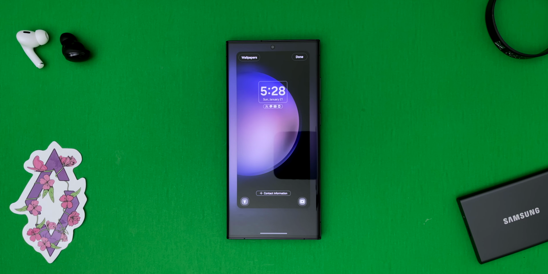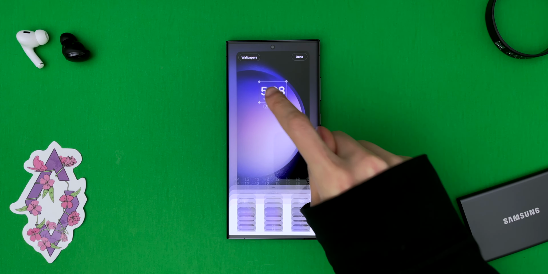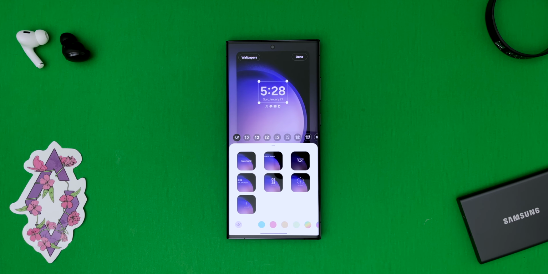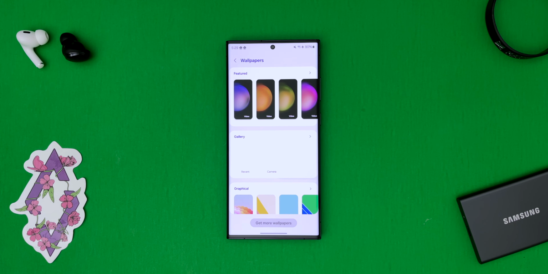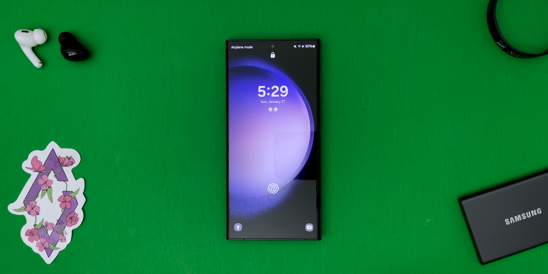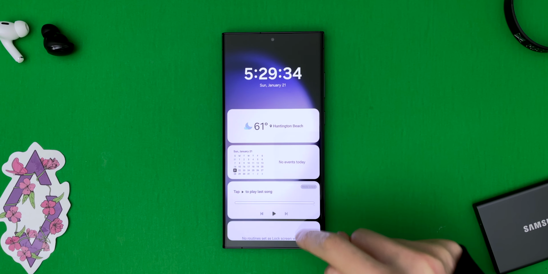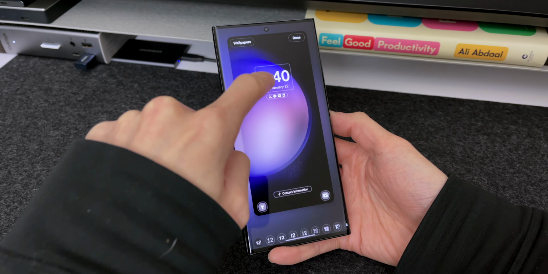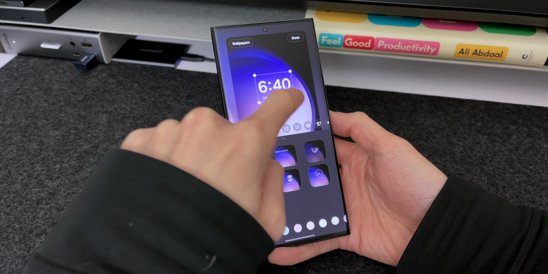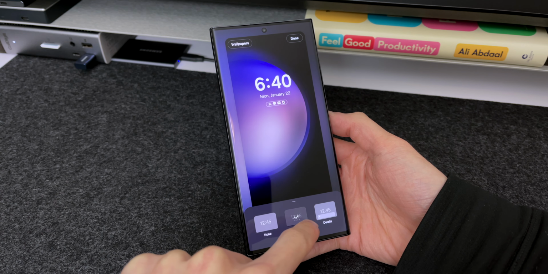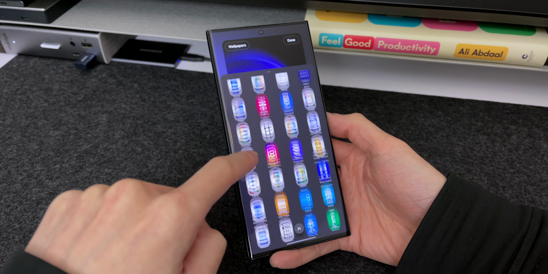And on One UI 6, it's like a hybrid between iOS and stock Android. We have a similar looking clock style, font, and color picker. And the wallpaper layout looks familiar as well. One UI does support lock screen widgets, but you can only access the 6 default ones by double tapping the date and time. Some special features that Samsung added are repositioning the clock, changing how notifications appear, and setting the bottom shortcuts to any app.